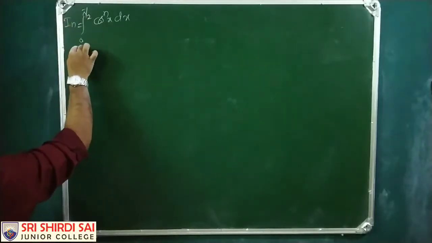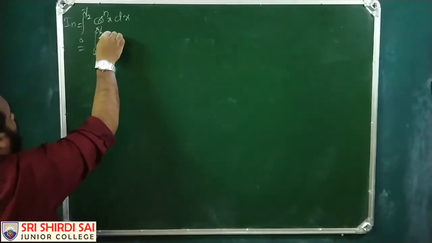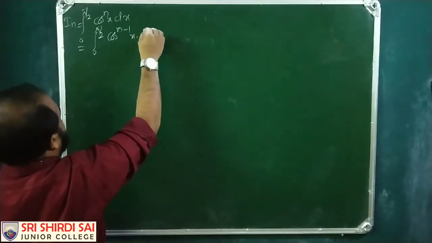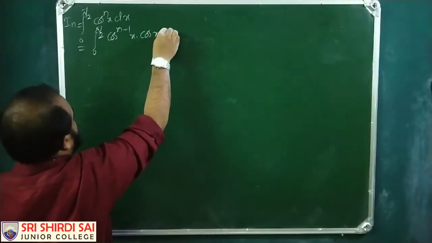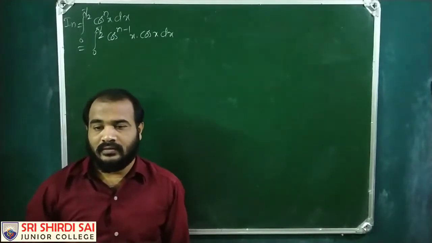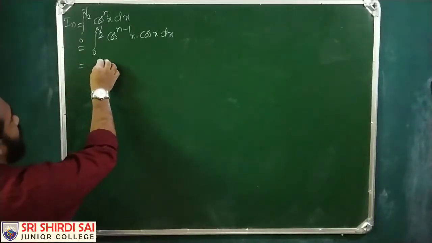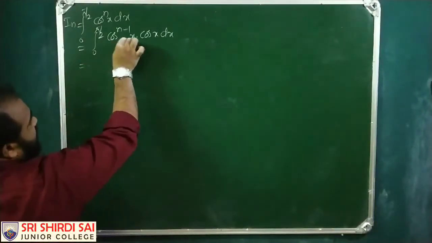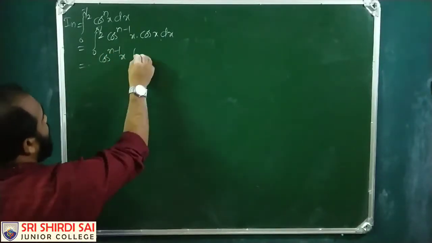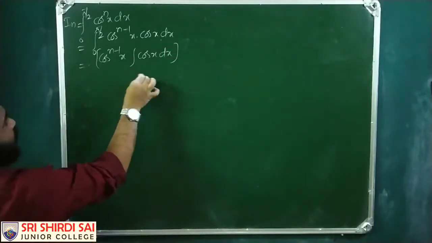So this is integral 0 to pi by 2 cos power (n minus 1) x into cos x dx. So this equals, first function is cos power (n minus 1) x, second function is cos x, integral cos x dx from 0 to pi by 2